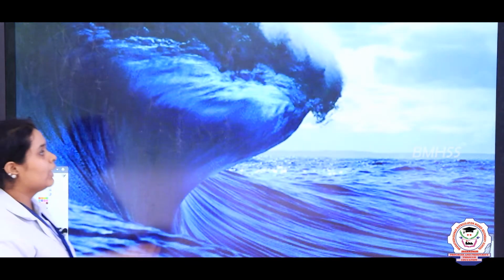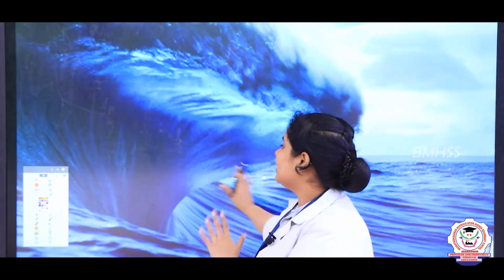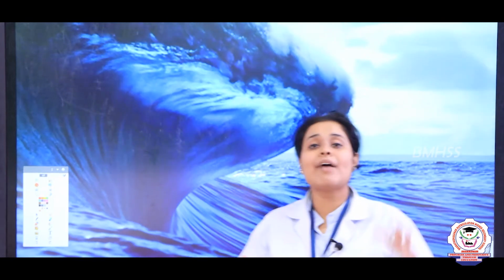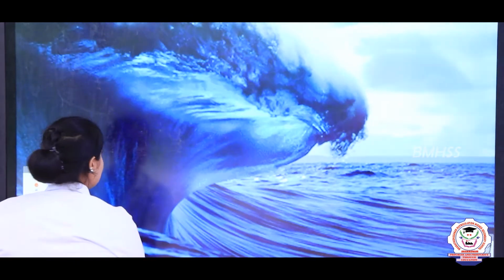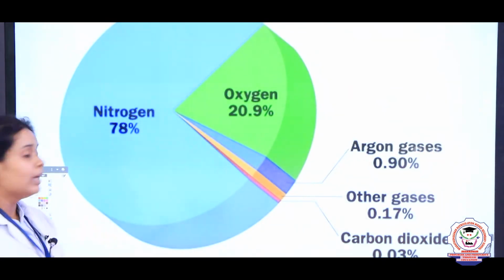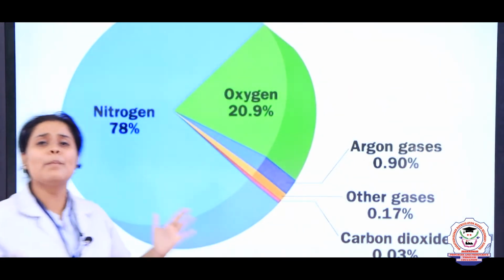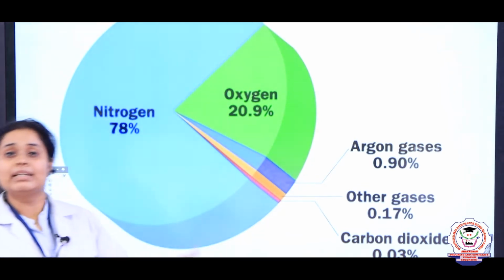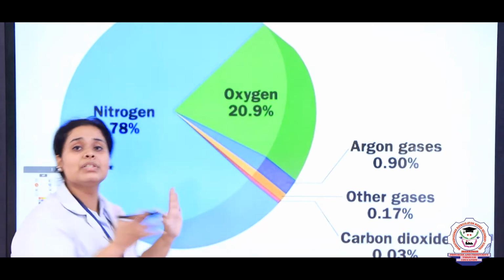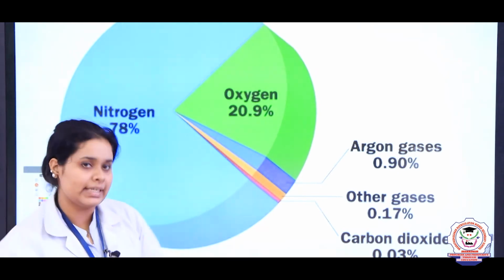Now let's see what are the common or daily examples of a solution. The biggest example is the ocean. Why the ocean? Because the ocean has a lot of types of dissolved gases inside it, which you cannot even see, but still it is mixed up, right? Then the air. In air there are so many kinds of gases, which are nitrogen, oxygen, noble gases, and carbon dioxide. So this is a type of solution which is in gaseous state.